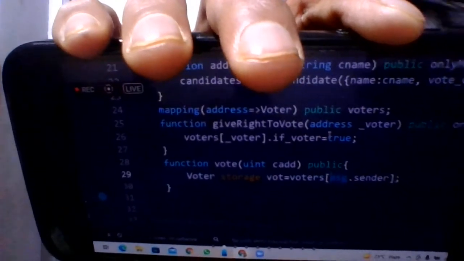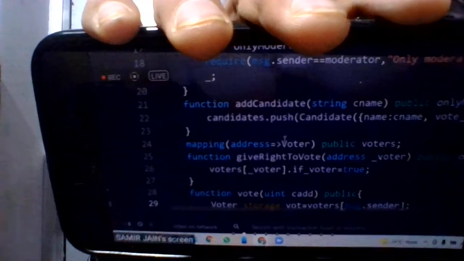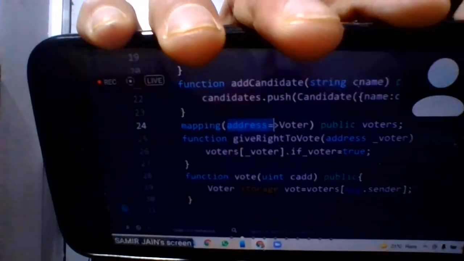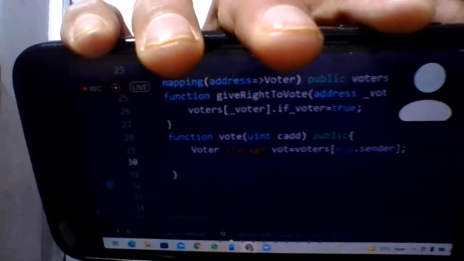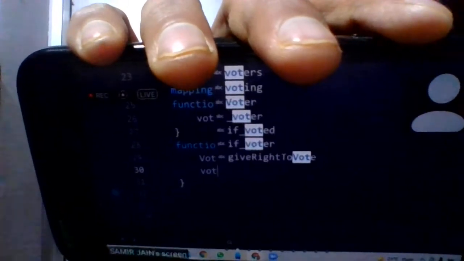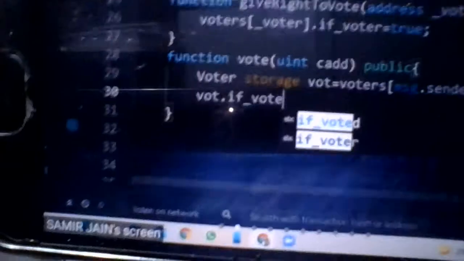So when we give this address to this mapping, it gets the voter, and that voter's information will be stored in vote. Now I have to change something. So what do I have to change? vote dot if voted equals to true, since he has voted, so we have to change his status as true.